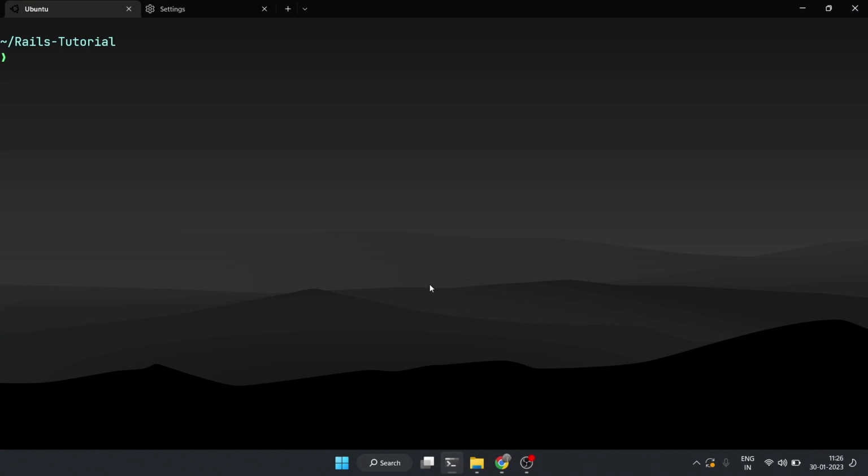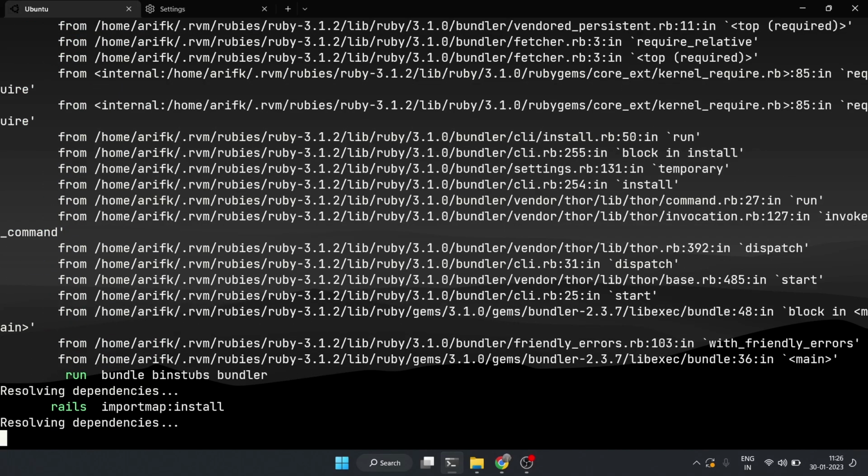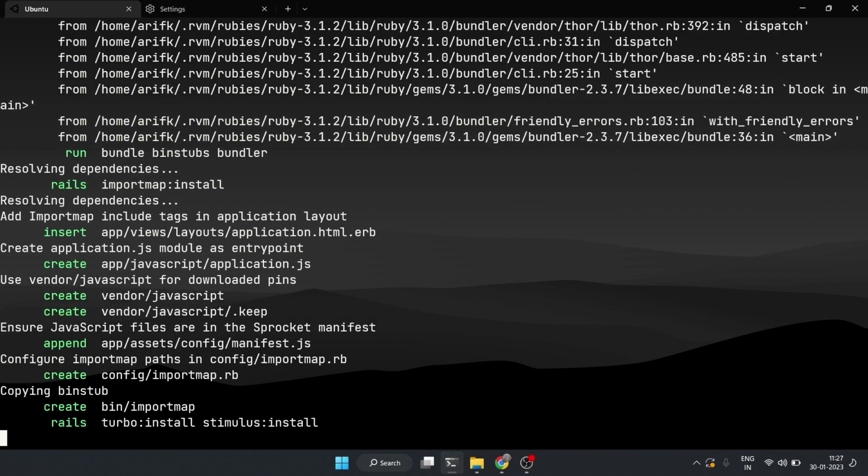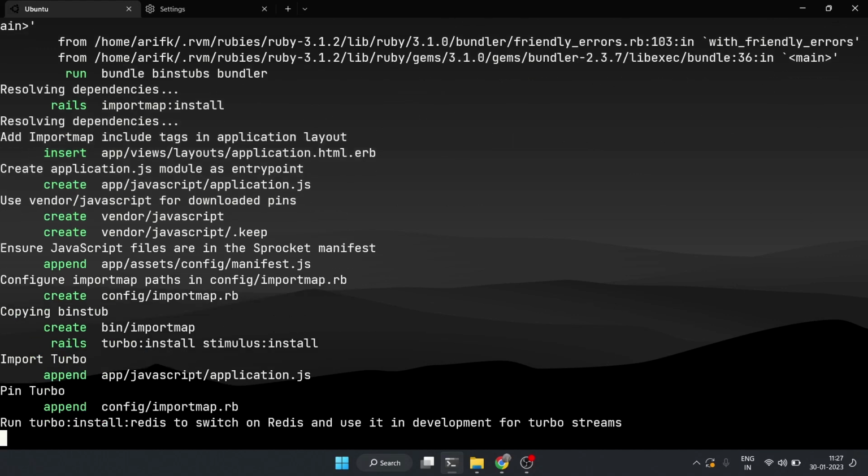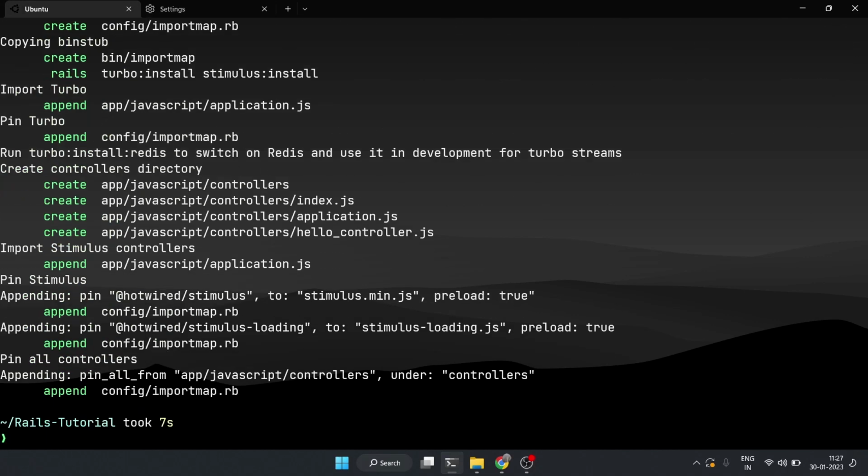So I've come to my terminal, in a directory where I want to create this test app. You can do it wherever you want to make this project. So, rails new, I'll call it test app. You can call it whatever you want. We'll wait for it to install. Okay, looks like it's done. So I'll cd into the test app